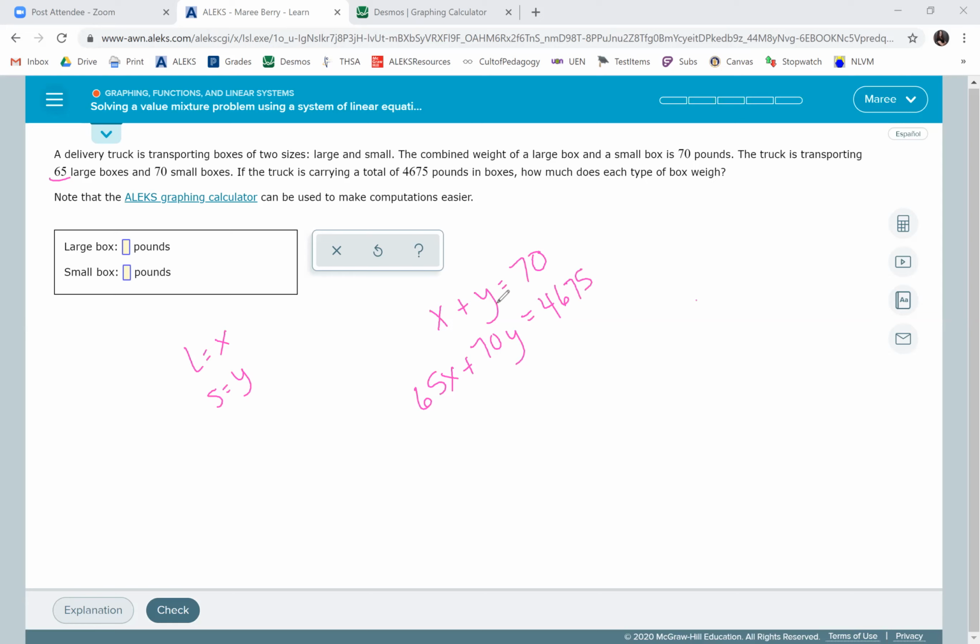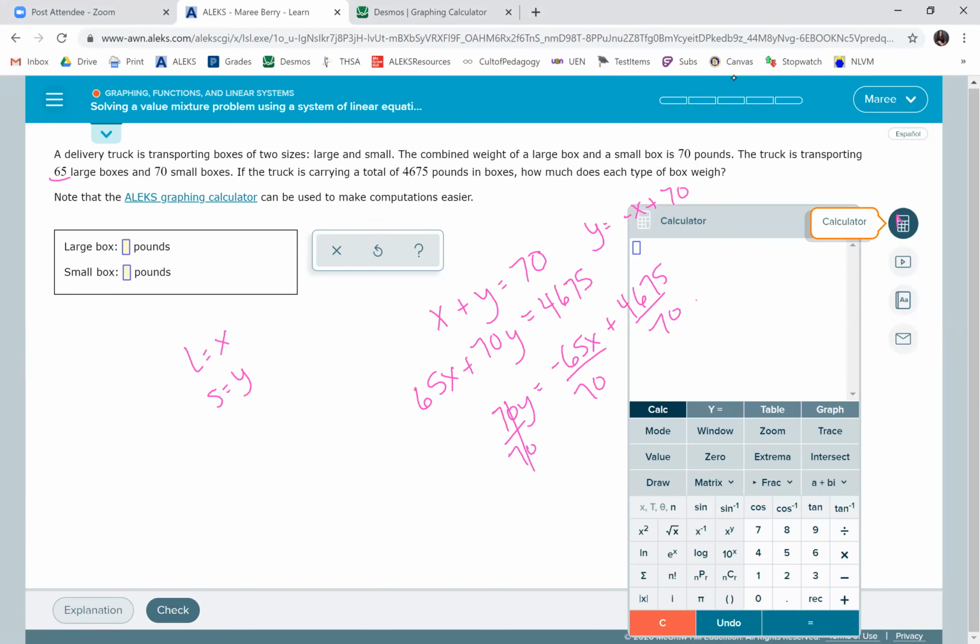So if we solve for Y, we get Y equals negative X plus 70. If you solve for Y here, you get negative 65X plus 4675, divide both by 70, and that's going to be your Y. Okay, so if we use the graphing calculator,